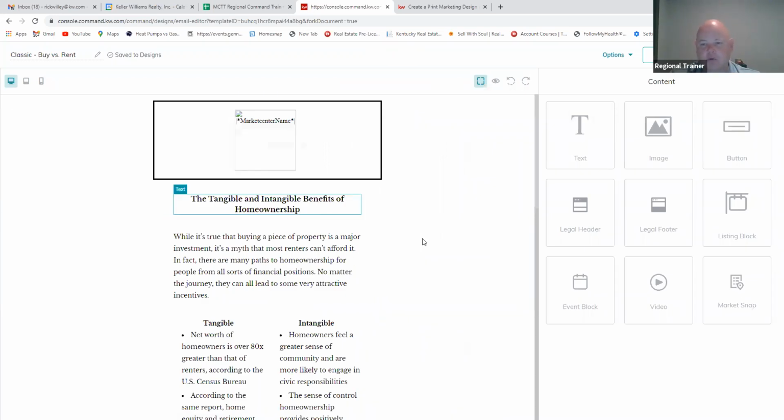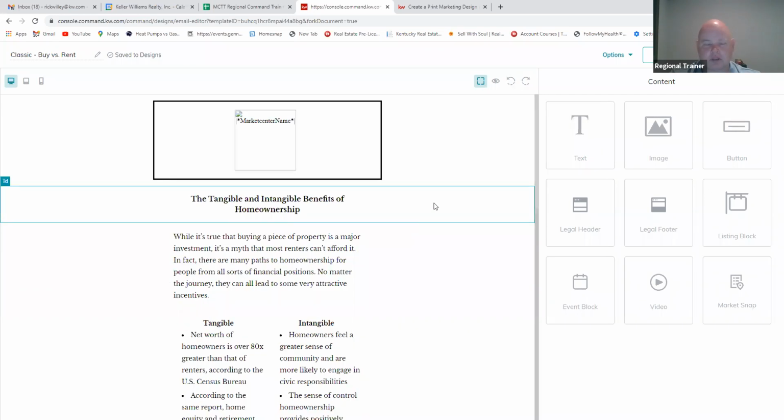I have some tools over here on the right-hand side that I can utilize. If I want to add another text box, then I would simply drag that. And notice these lines, the yellow and green lines, that's where that box will drop to. I don't really want to change the text on this one, but I may want to add an image to it. So I can click and drag, and again, wherever those lines are at, that's where that image is going